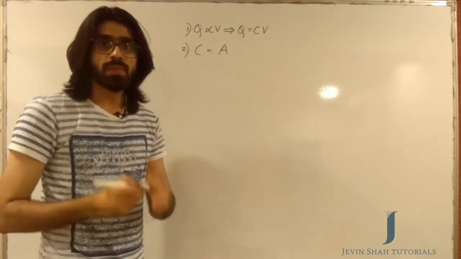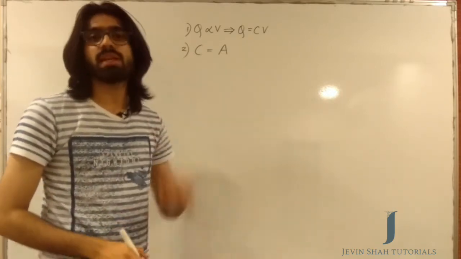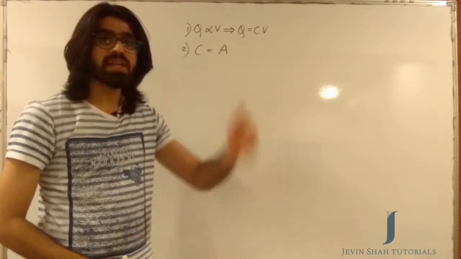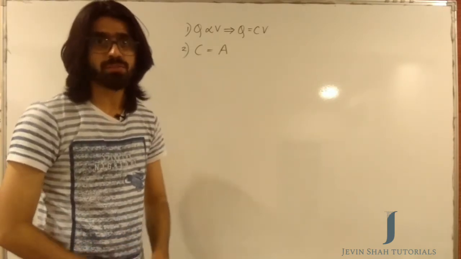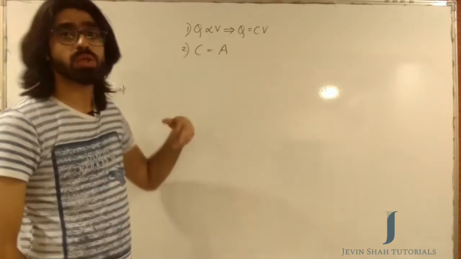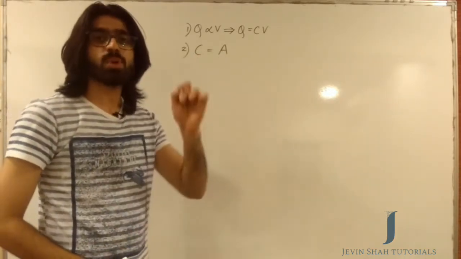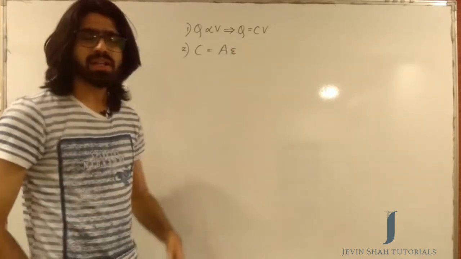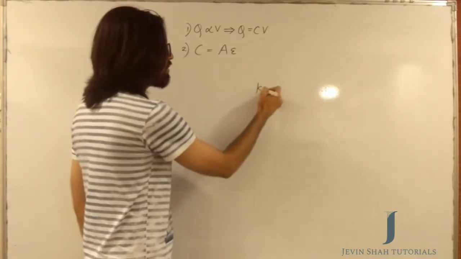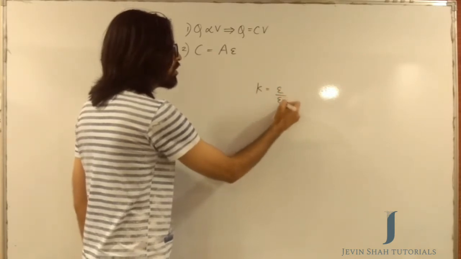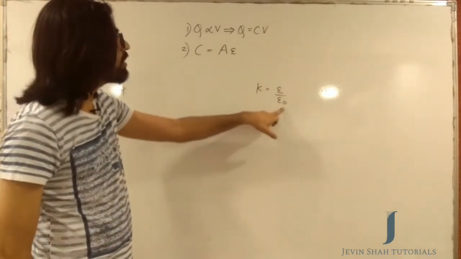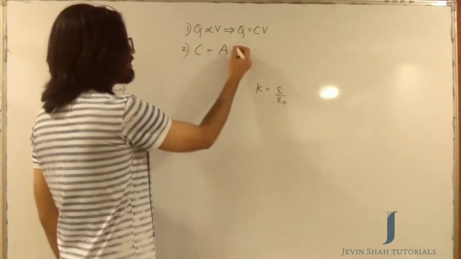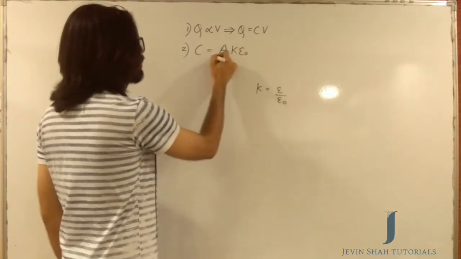It depends upon the insulating property of the material which I had taken in between. I am talking about the dielectric which is going to fill the region between the two plates of your capacitor. So the capacitance depends on, like I said, area of the plate. It depends upon the permittivity of the dielectric. So you can say epsilon. And if you remember, the dielectric constant K was given by epsilon upon epsilon naught. So instead of simply epsilon, we will prefer to write epsilon as K into epsilon naught. So instead of A into epsilon, let's write it as A K epsilon naught divided by D.